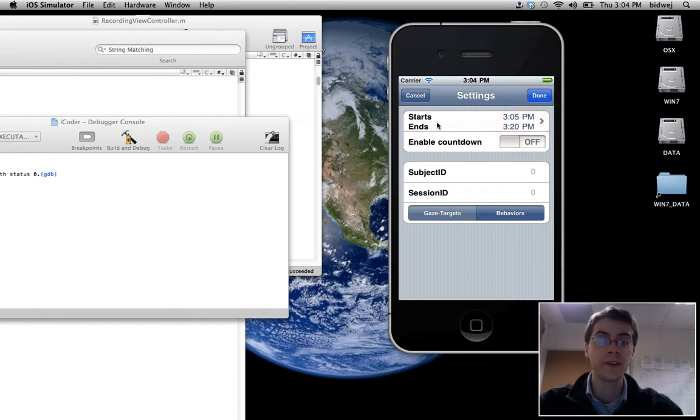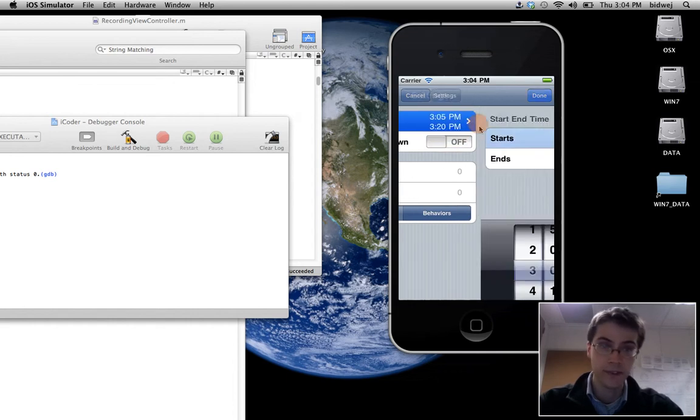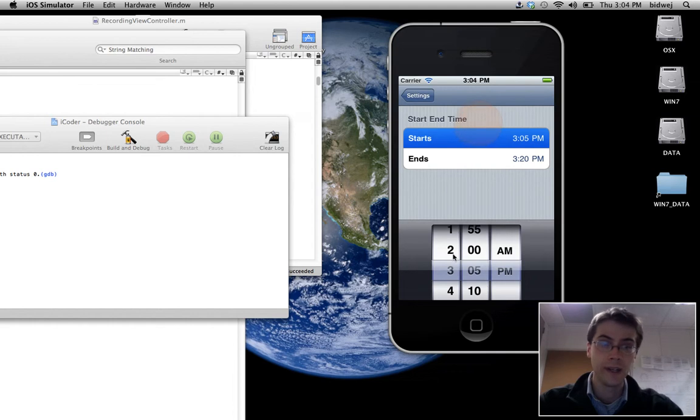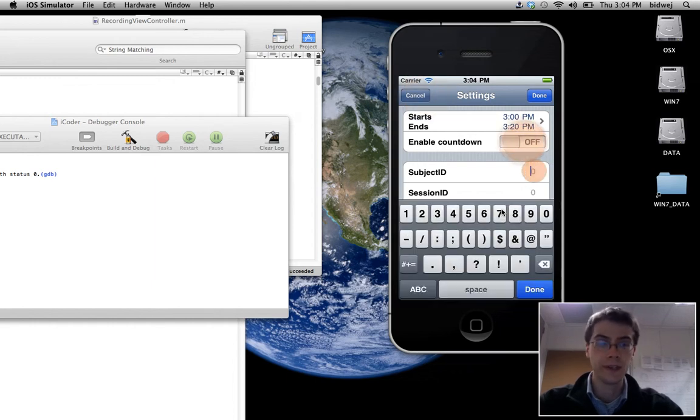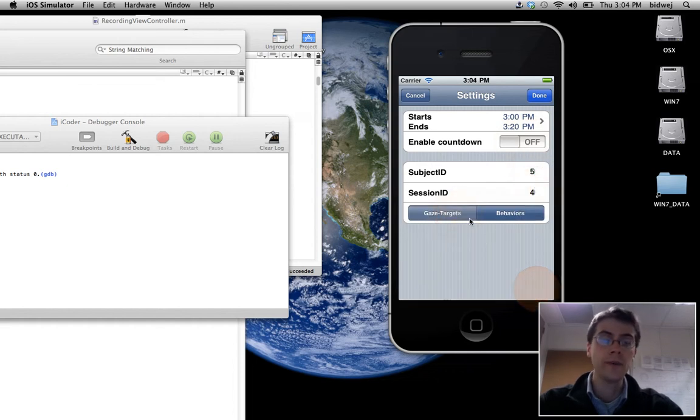We can change our start and end times by pressing this button here and changing the time. We can enable and disable a countdown. We can change the subject ID, and also a session number. Click done. There are two categories of behaviors: gaze targets